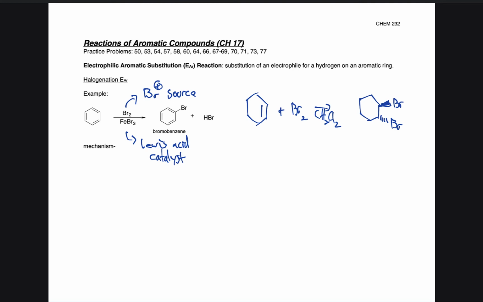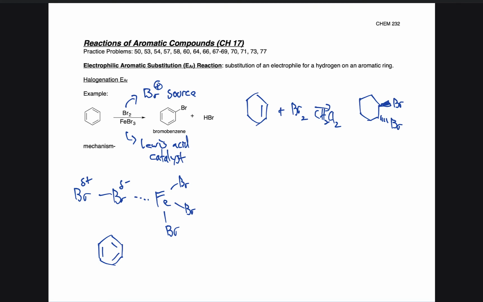Because mostly Br2 is not electrophilic enough for benzene. We need a really electrophilic source. So what happens here with Br2, we discussed back in chapter 8 that one of the bromines is a little bit electropositive and the other is a little bit electronegative, and we sort of induce that really heavily by having it coordinate with this Lewis acid here. So we get this really induced effect of a really electronegative bromine and a really electropositive bromine. The end of the Br2 here is coordinating with the iron. And so what we end up having occur is